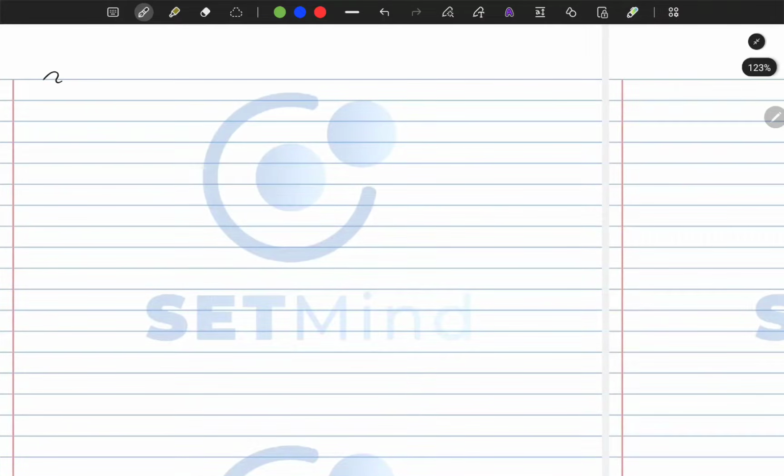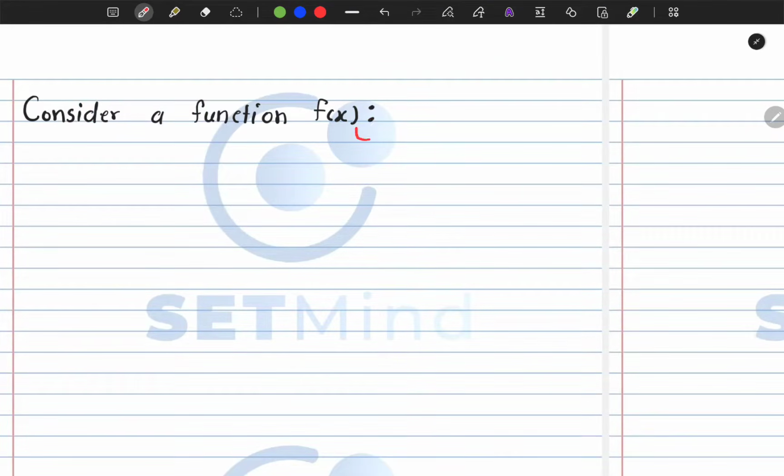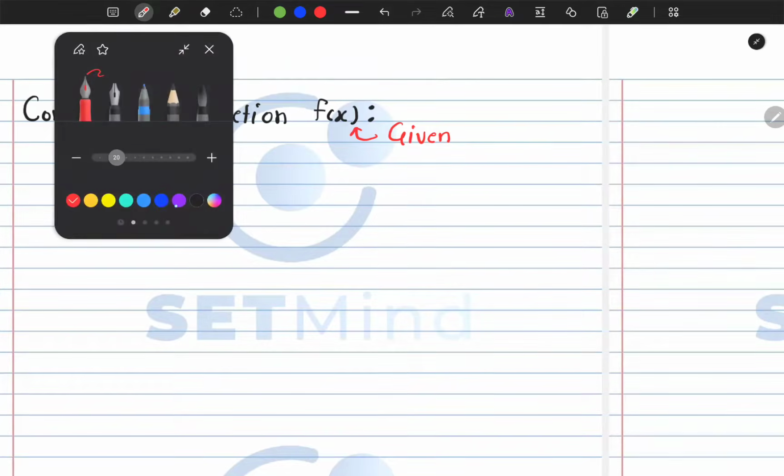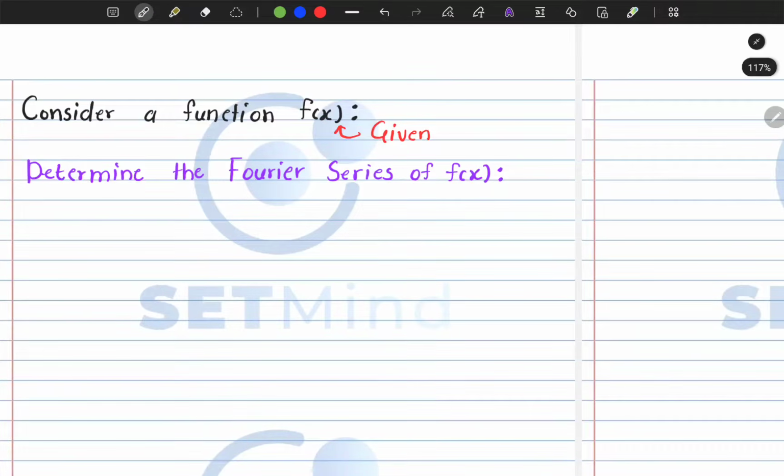So first we'll consider a function f of x. For the most part, what you should note is that this function, for the problems you will encounter, will obviously be given. What we will be required to do is to determine the Fourier series of f of x. And how we express the Fourier series of this function f of x is simply f of x equals half